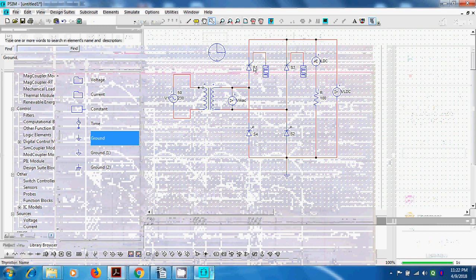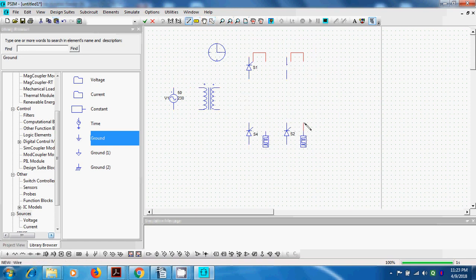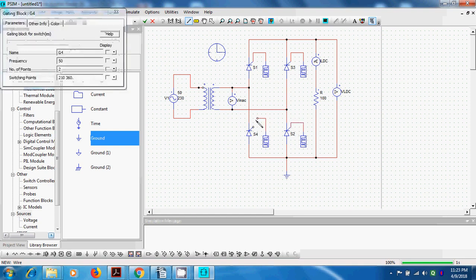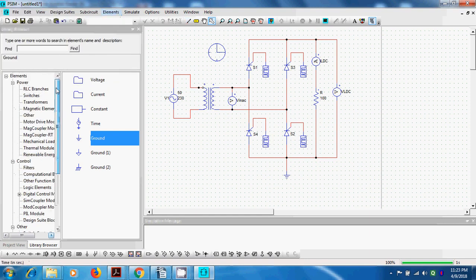So in the positive half cycle S1 and S2, definitely the triggering pulses will be the same for S2 as for S1, and similarly for S3 and S4, that will be the same. So this is S4. Now let us connect this. Okay, let us check. Yes, 3180, and let us check 210 360. Right. This is a resistive load, but I want an inductive load, which is a highly inductive load.